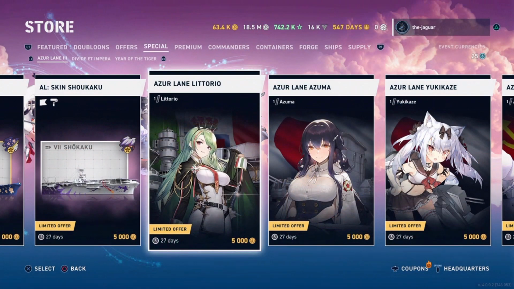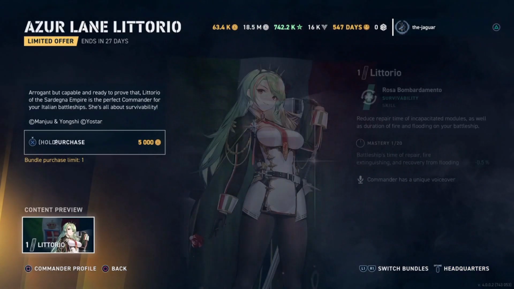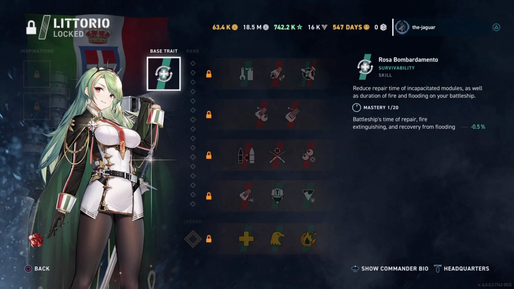Alright, let's take a look at all the new Azur Lane Wave 3 commanders. First one is Azur Lane Littorio. It is an Italian commander, which is another option now for the Italian battleships, which is important with the new Italian battleship line in early access and coming out next month for you to be able to work your way